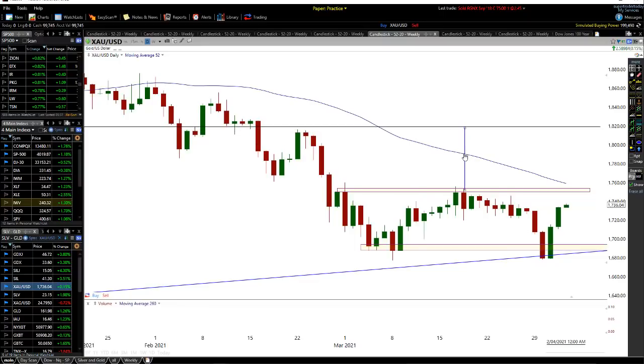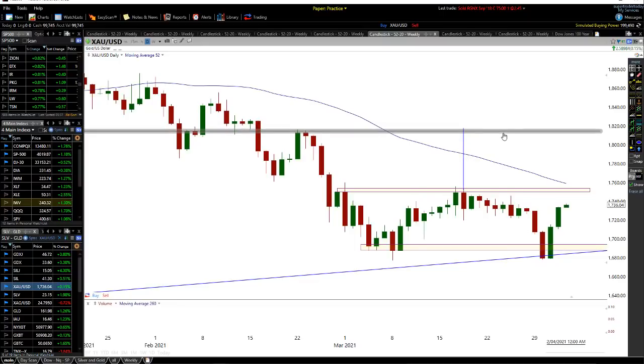Actually, you know what? Nope, slightly below it. That's exactly right there. So I would say that would be the target for me on this double bottom formation. If we start to break 1760, guys, on gold, then we're probably going to have a nice little rally back up to 1820. And if that happens, this could be the start of that upward move,